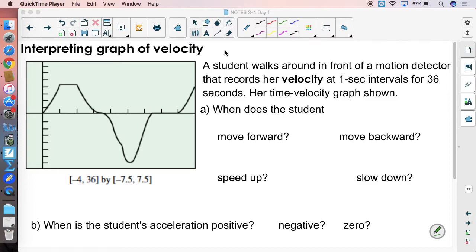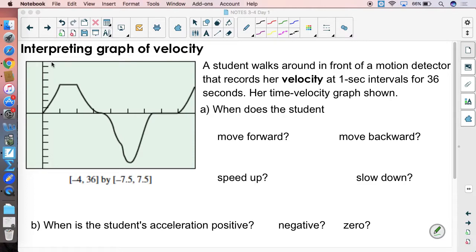So the interpreting the graph of velocity that we're going to do, like I said, you might not have heard. Take the time to pause the video, think about this, add some notes to the side. I know it's tiny, so that you've got some things to think about. They talk about the student walking in front of a motion detector, forwards and backwards, and these are her velocities